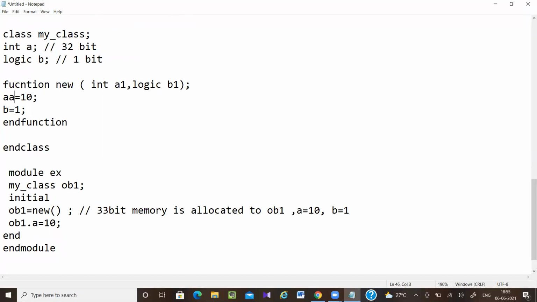Then a = a1 and b = b1. Whatever values you pass, say you pass 10 and 0, then a will be 10 and b will be 0. So you have the flexibility to assign any values, and there will be no issue.